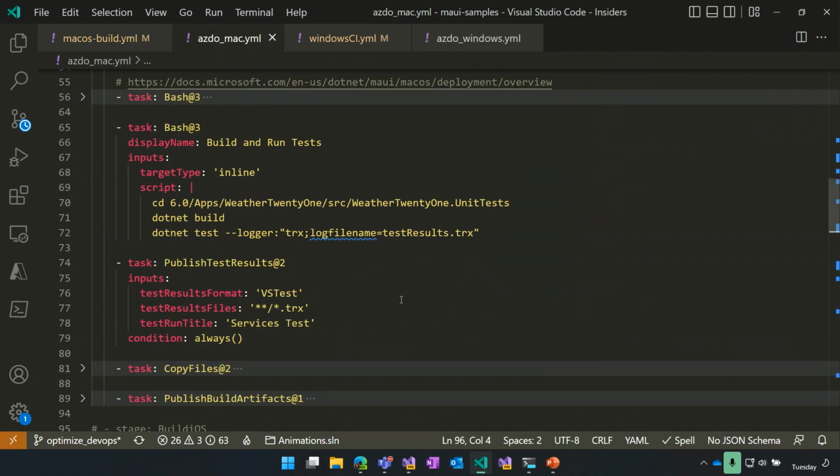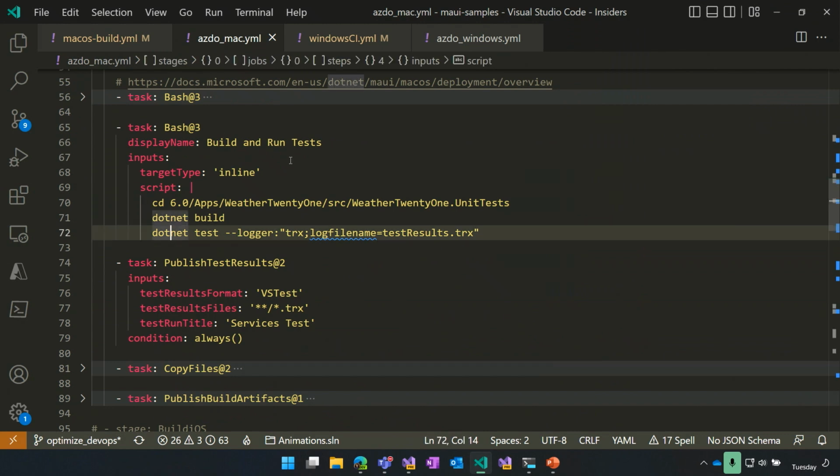Let me show you what we do on Azure DevOps. For Azure DevOps, the running and building of the test stays the same. So this is what I was talking about, the power of understanding how stuff runs on a command line tool, because it looks a little scary, but it's really good information to have, because now you can come in and configure your DevOps pipelines, right? You feel a lot more confident about it.